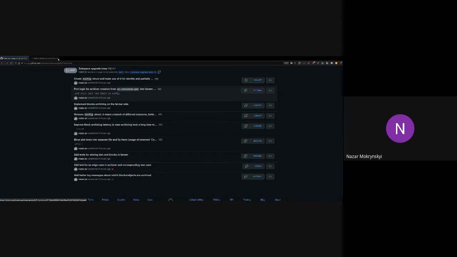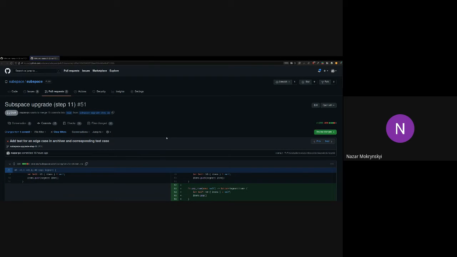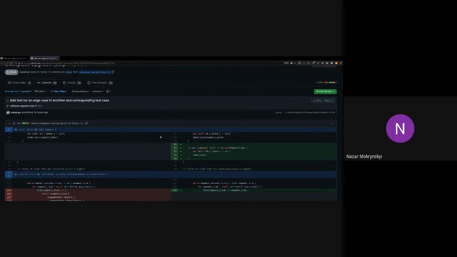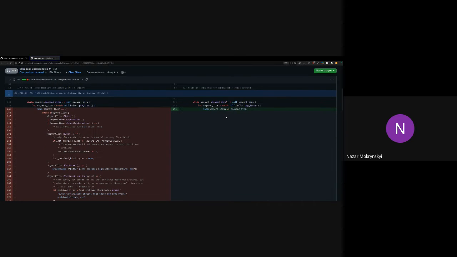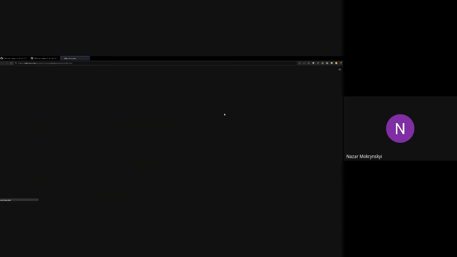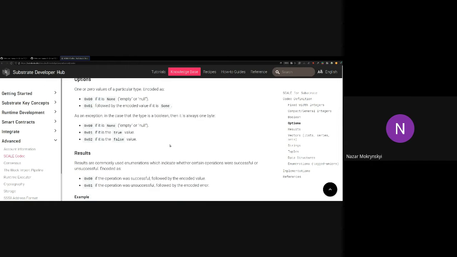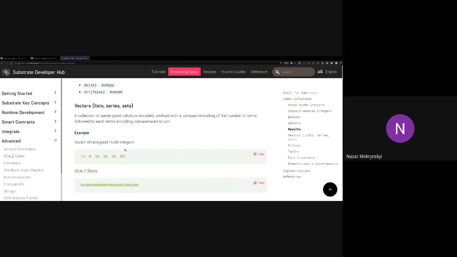Then there was this interesting edge case that I think is partially still there. That's why I'm saying that this is a draft. I didn't quite figure it out. Basically, the problem is that we are using vectors and we are using SCALE encoding, and SCALE encoding uses a compact representation for numbers for the vector. So if you go to the SCALE codec documentation about vectors and numbers,